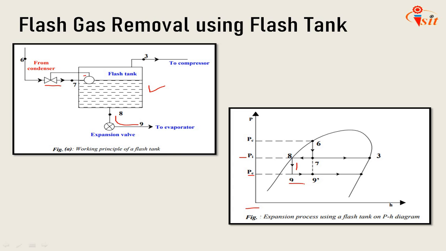As mentioned, the refrigerant liquid and vapor must be separated in the flash tank. This is possible when the upward velocity of refrigerant vapor in the flash tank is low enough, that should be less than 1 meter per second, for the refrigerant liquid droplets to fall back into the flash tank due to gravity. Thus, the surface area of the liquid in the flash tank can be obtained from the volumetric flow rate of refrigerant vapor and the required low refrigerant velocity.